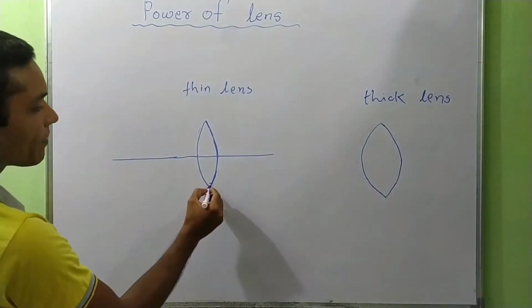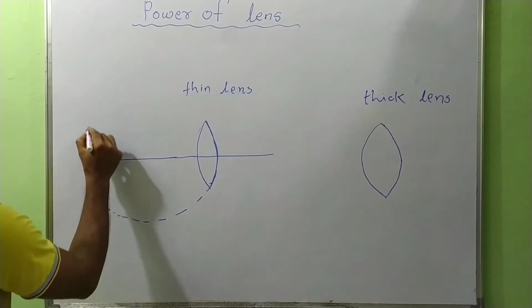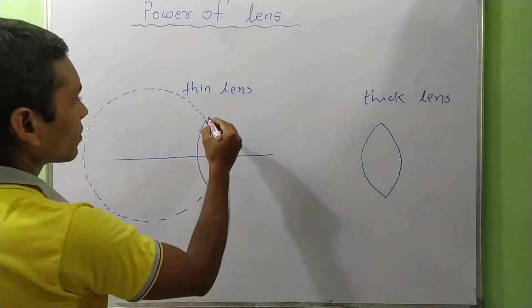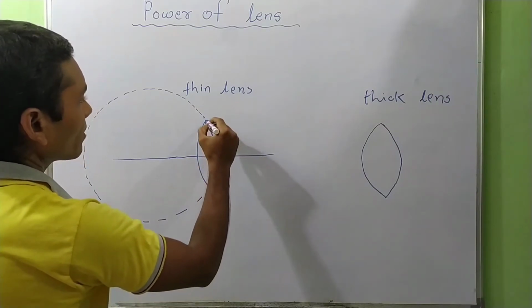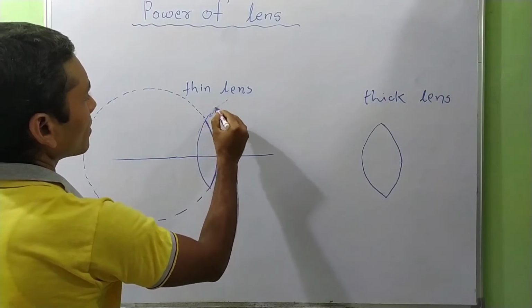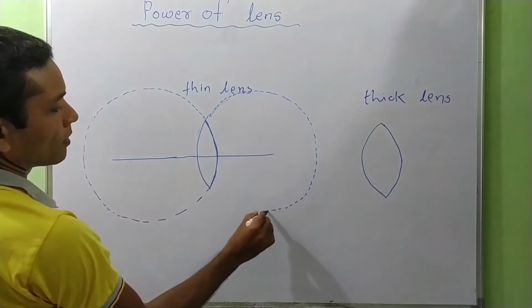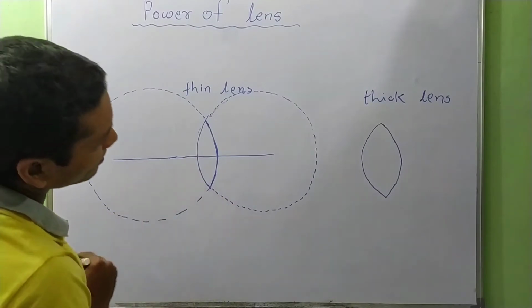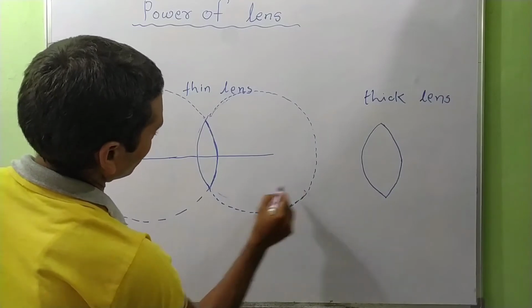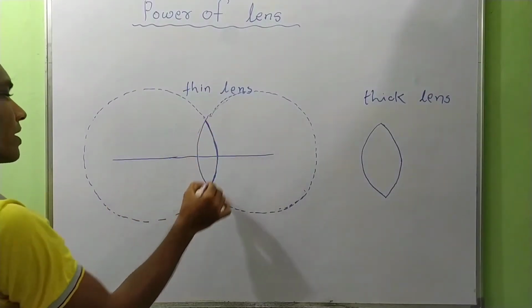Okay, if we draw the sphere like this, we can also draw the sphere about this face like this. Okay, so about this face,